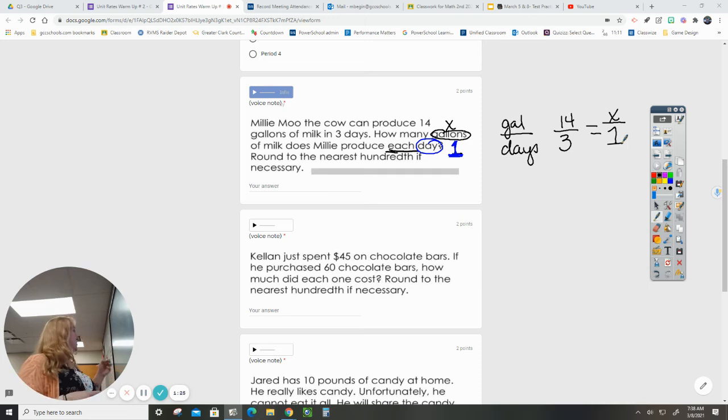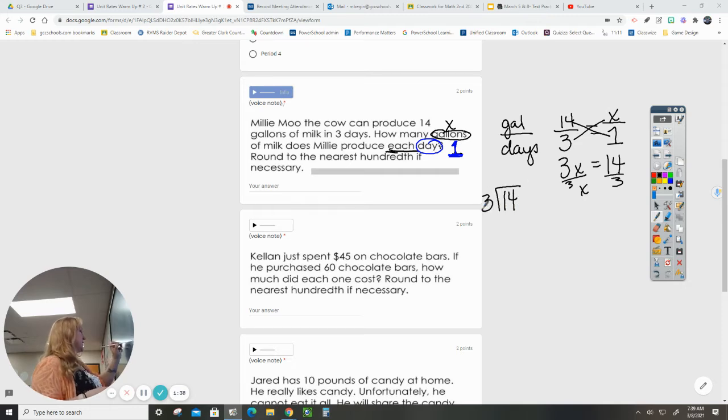We want to see how much she produces. So 14 times 1 is 14. 3 times X is 3X. So we're going to divide both sides by 3. 14 divided by 3 is 4.6